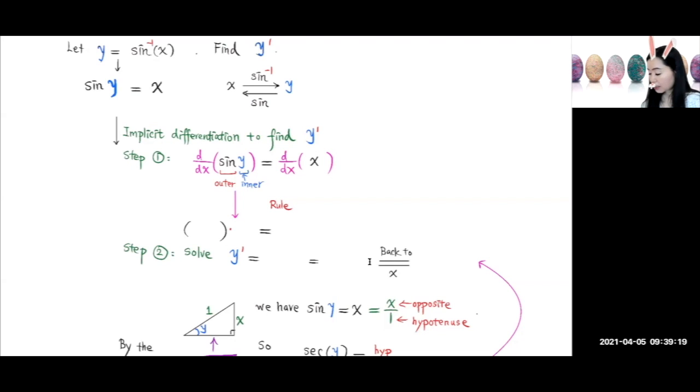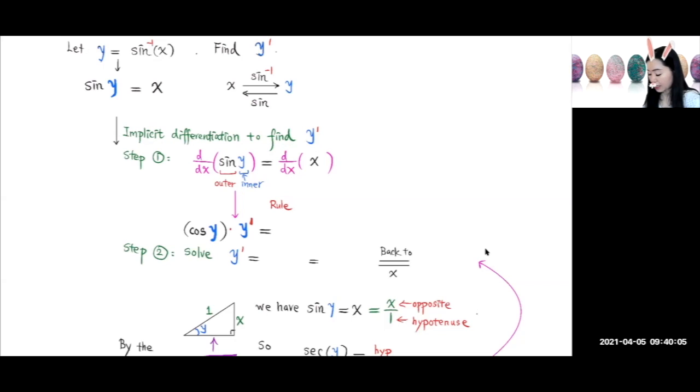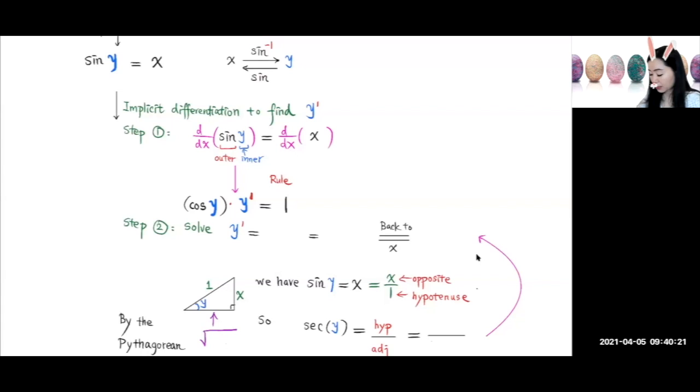According to the chain rule, we're going to differentiate the outer function first. So what's the derivative of sine? Cosine. So we have cosine, and then we copy this inner function y over here, leaving the inside alone. So the derivative of this outer with respect to y is cosine of y. By the chain rule, we multiply by the derivative of this inner function. And what should I put over here? y prime. So times y prime. That's the derivative of the left side with respect to x. What about the right side? Differentiate x with respect to x. What do you get? 1. Good job.